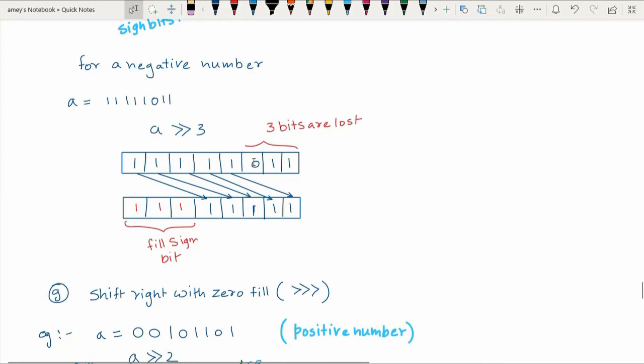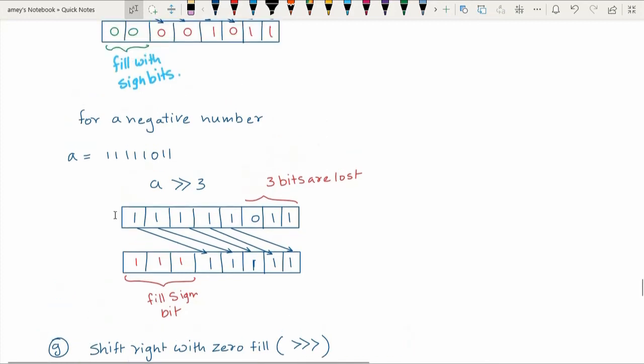Okay. The last 3, that is 0, 1, 1, these 3 bits will be lost because there is no space to copy them here. Also notice that since this MSB shifted 3 positions to the right, these 3 positions here will be empty. Since it's a negative number, all these 3 positions will be filled with the sign bit, and since it's a negative number, the sign bit happens to be 1. So the 3 vacant places are going to be filled with 1, 1, 1, which is the negative number sign bit, right? So this is basically a right shift operation for a negative number.